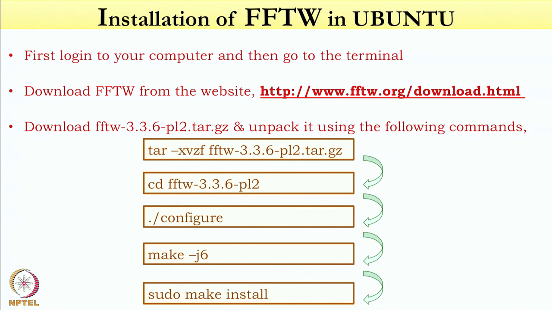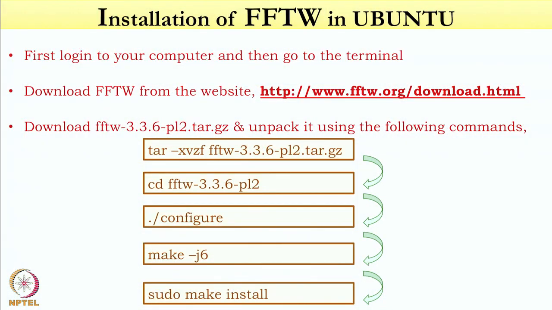Then you go to the directory FFTW, then you configure it, then you make and then make install. Same as CMake. In which directory does it install? Wherever you download CMake, FFTW and Gromax, all three have to be in the same directory. Initially when you download it, it will go in the download folder. So you go cd Downloads, and then you first unpack CMake, then you unpack FFTW there, and then you install Gromax in the same folder, because all three, CMake, FFTW and Gromax, have to be in the same directory.